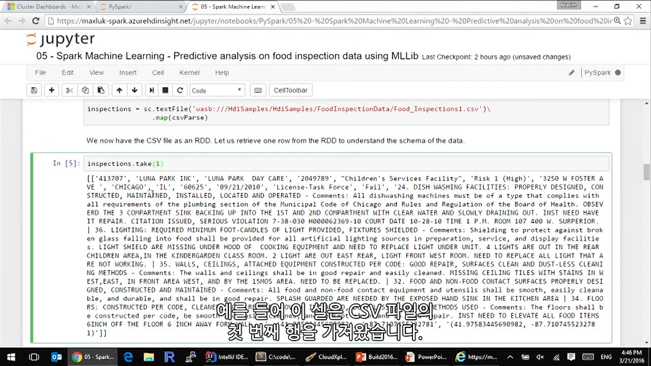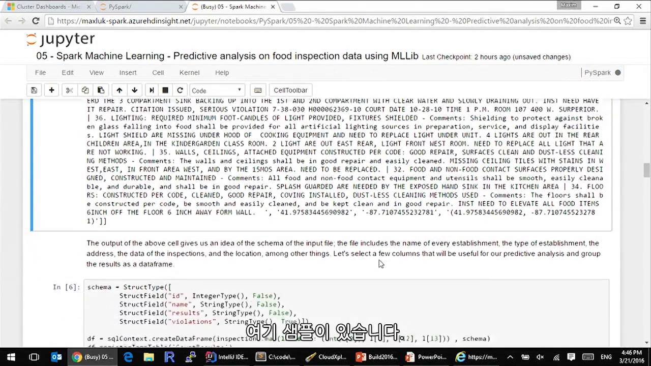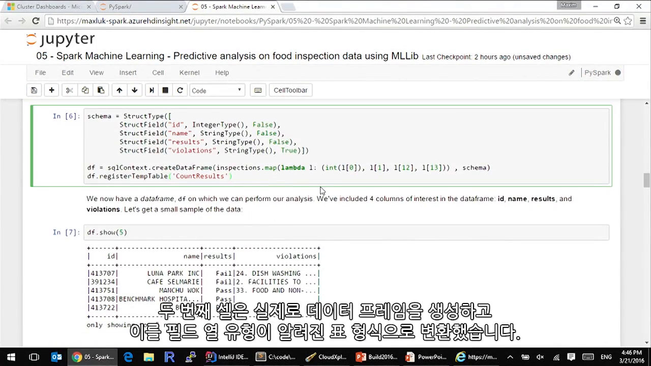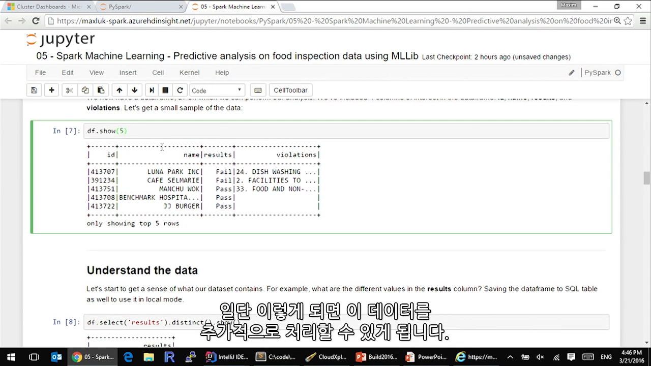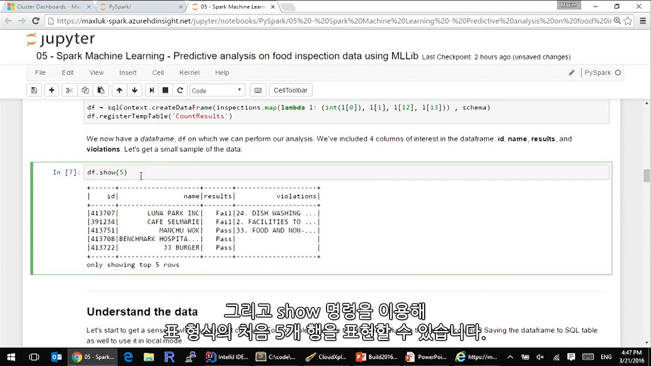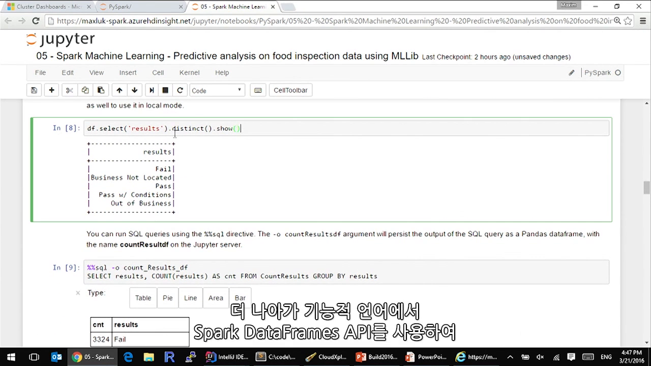So for example, this cell took the first row of this CSV file. So here is a sample of it. And the second cell actually created a data frame and converted it into a tabular representation with known field column types. So now once this is done, we can further play with this data, and now we can use a show command to represent first 5 rows in the tabular format. And we can go even further using